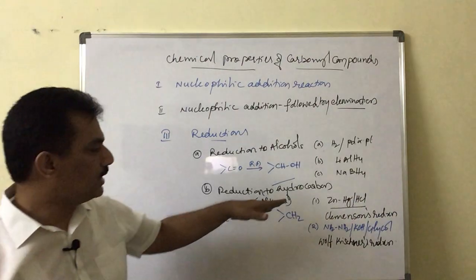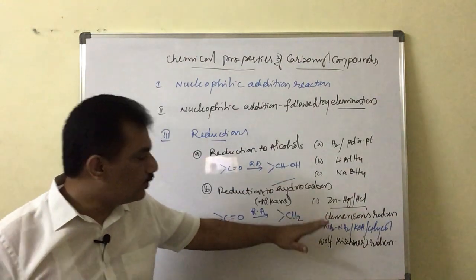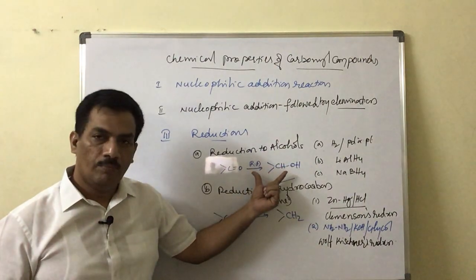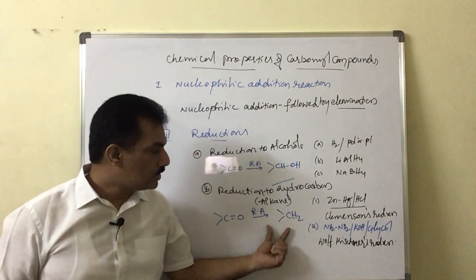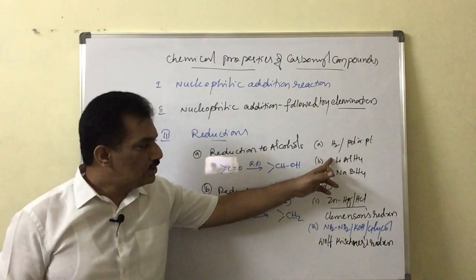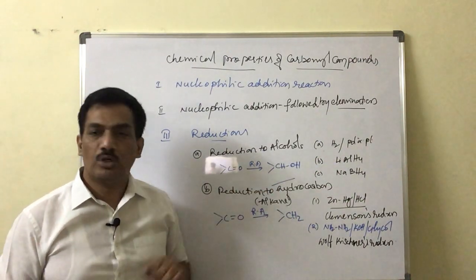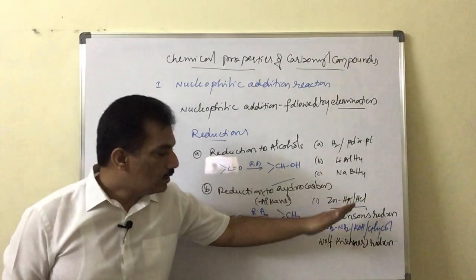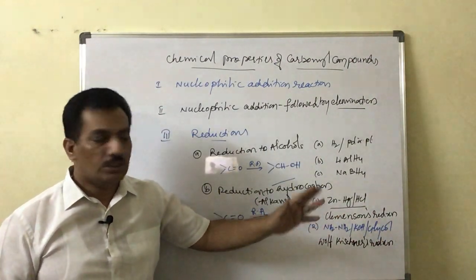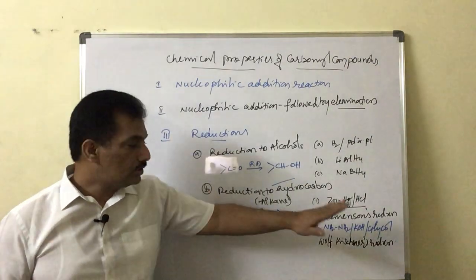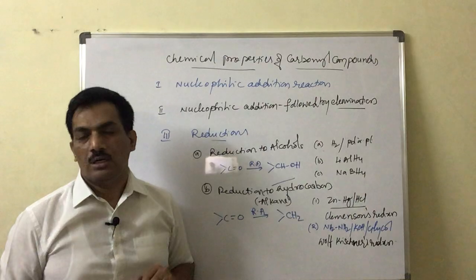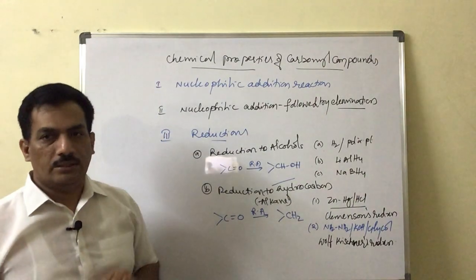These are the specific reducing agents that are useful for the reduction of carbonyl compounds to alcohol and the carbonyl compound reduction to hydrocarbon. Just you have to remember, by using this we can't restrict the reduction only up to alcohol, because these are strong reducing agents. Thereby directly the carbonyl compounds are reduced to the alkanes.